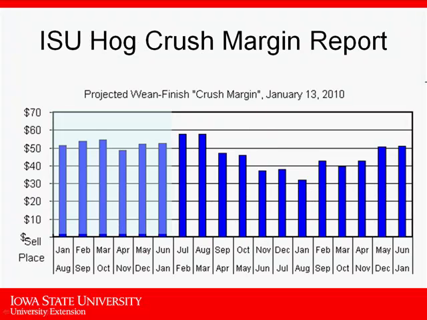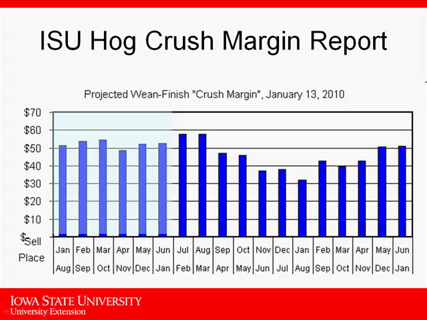a flag. So what does it look like? All right, every Wednesday on the close, Wednesday closing prices, so I'll do it this afternoon or tomorrow morning before the market opens, we go ahead and calculate going out here, this margin. We go all the way out here. These are pigs placed in January of 2011, sold in June of 2011. So we're not looking at the pigs in the barn. We're looking as far out as the futures will allow us to go. Remember my $40 mark here? That's kind of the break even.